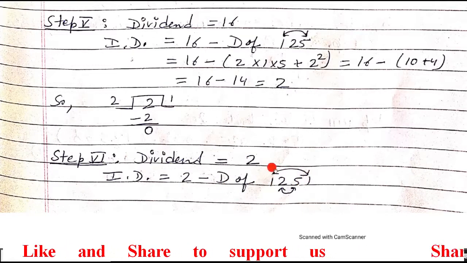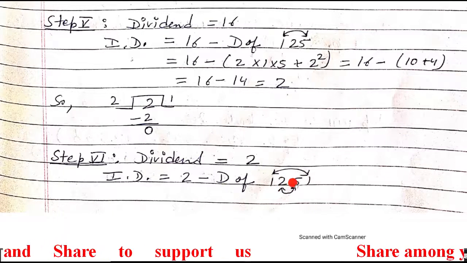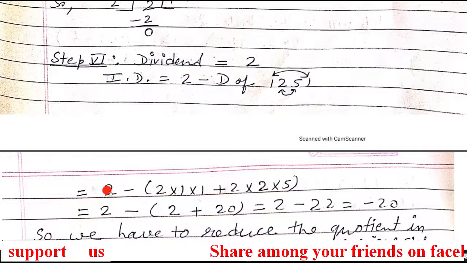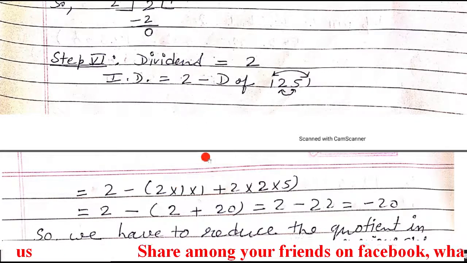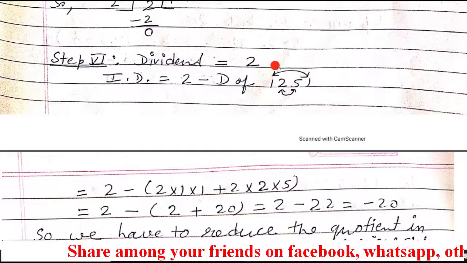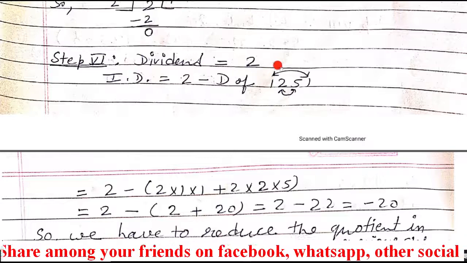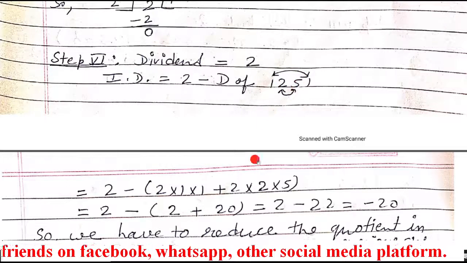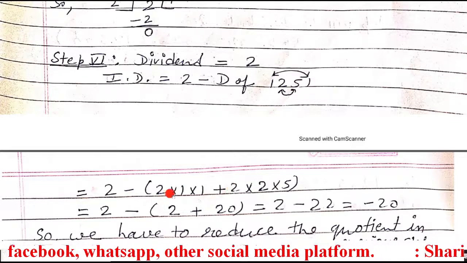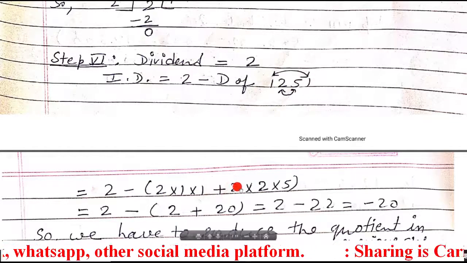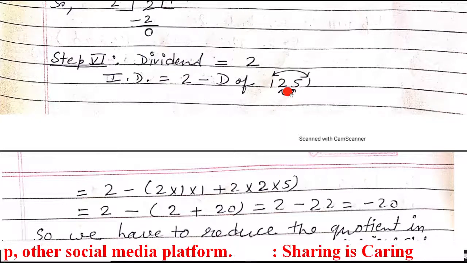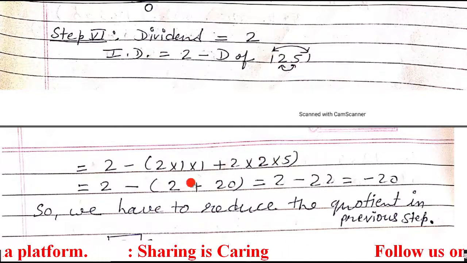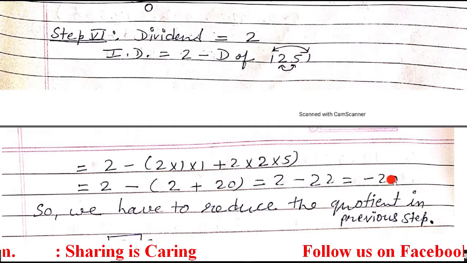So from the extreme, make the pairs. These two are in one pair, and 2 and 5 are in another pair. So this 2 stays as it is, then minus the first pair, which is 1 and 1. So 2 multiplied by 1 into 1, and then 2 multiplied by 2 into 5. This 2 and this 2 are extra because of dvandva, and these are the digits of the pair. So 2 ones are 2, and 2 twos are 4, 4 fives are 20, that is 22. We got a negative number.